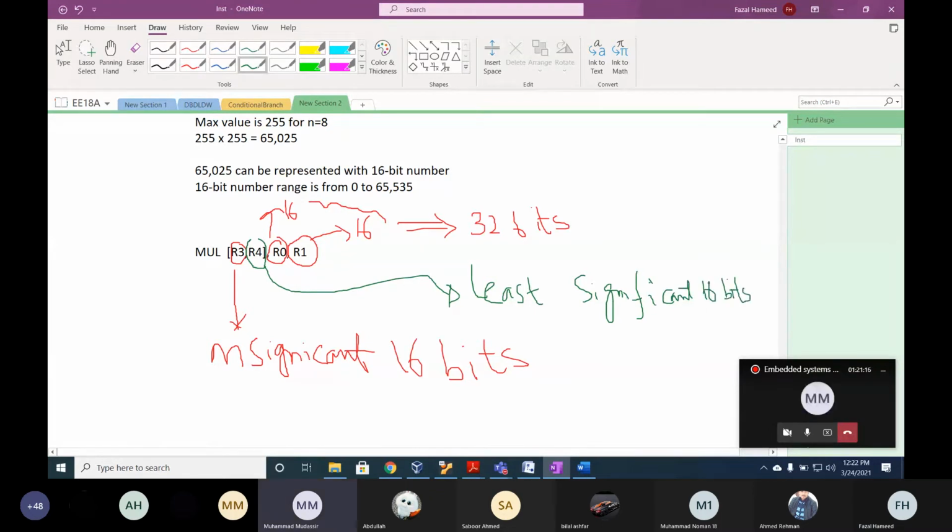Sir, isn't this illegal? Why is it illegal to use two registers as the destination? How do you define it? Why is it legal? Why is it illegal? How can you say that? In the destination we have studied there will be only one register. The architecture can do it like this. How it stores the data depends on the architecture. How does it manage the data? Okay sir, it can be combined then.